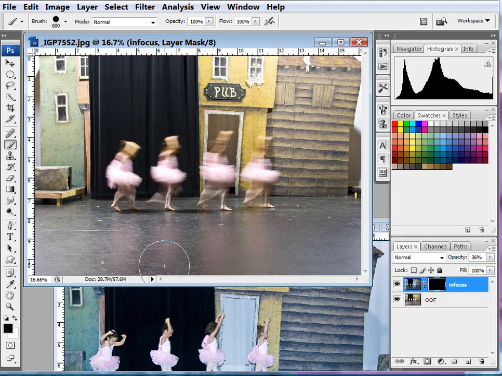I'm going to hit the X key to bring my white to the foreground, and I know that the little girls were just slightly behind themselves because this girl is this girl right here. So I'm just going to slowly click on here and bring her back in. And there was a girl right here and bring her back in, and another girl right in here and bring her back in. This is going to take a while, so I might do this offline, but I'll show you one before I